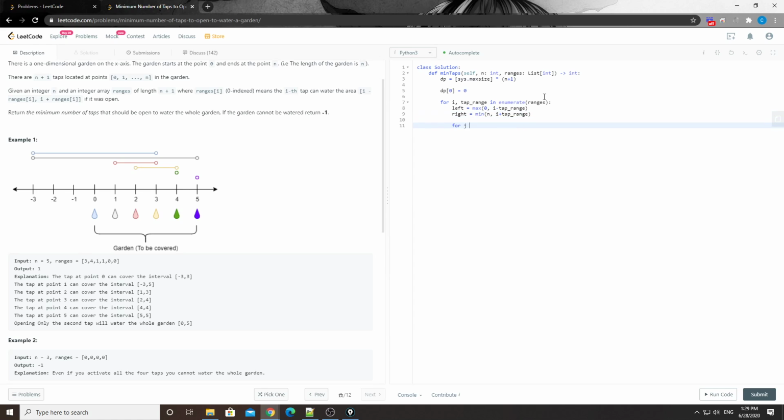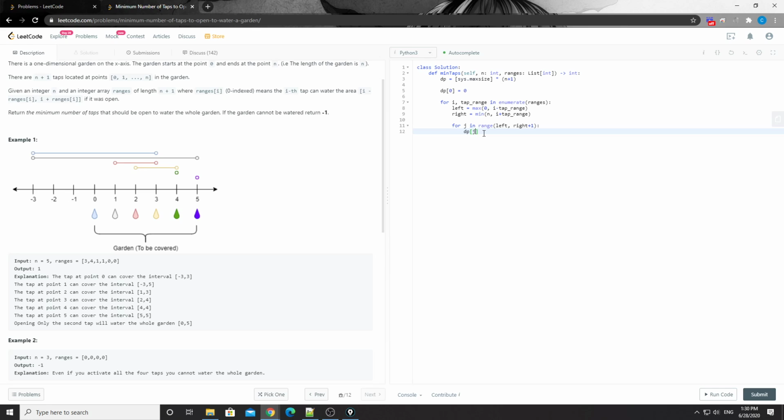Then for j in range left to right, since the end is exclusive, we just do right plus one. For every element in the range left to right,